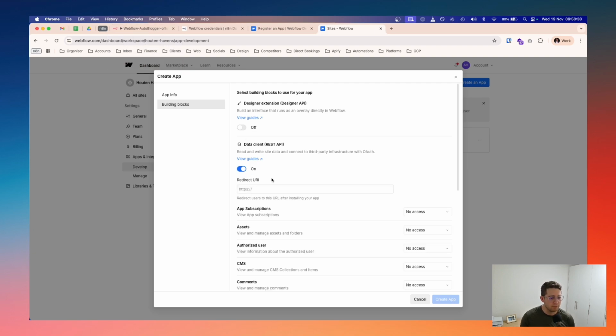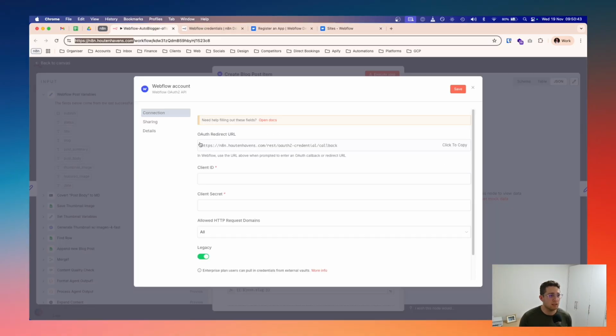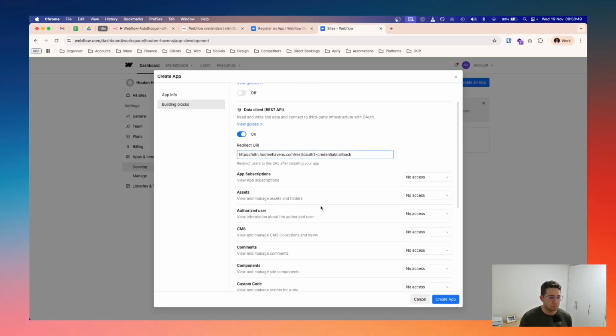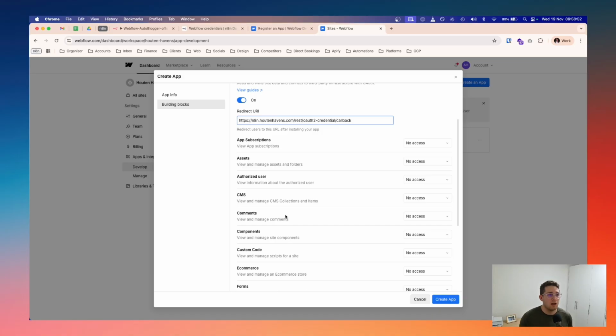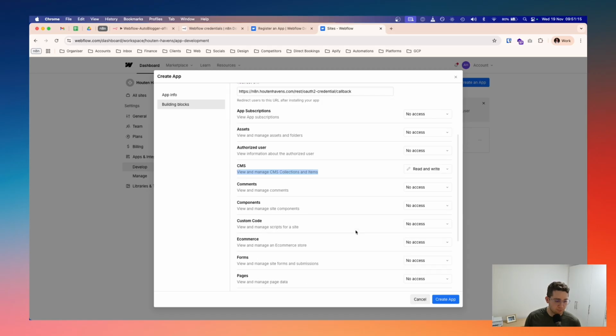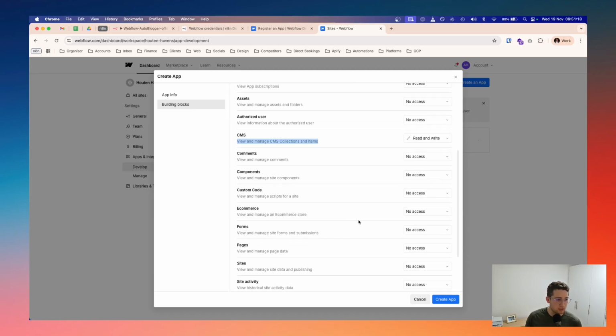So you're going to click on, and then this part, so redirect URL, this is where you take this OAuth redirect URL. So just click that, click to copy, I want to paste it here. And now the permissions are very specific. In my case, I follow the principle of least privilege. So you want to set up the least privilege credentials. You don't want to just access everything, but you do need the minimum stuff, right? So the CMS is what I care about, because I want to create blog posts, create different types of content in the CMS. So I want to add read and write,